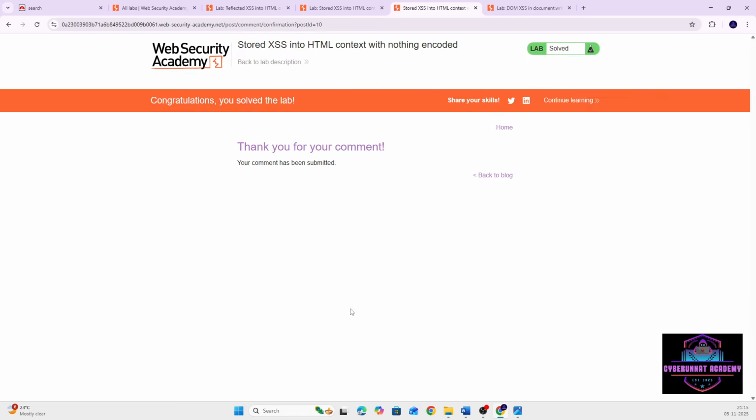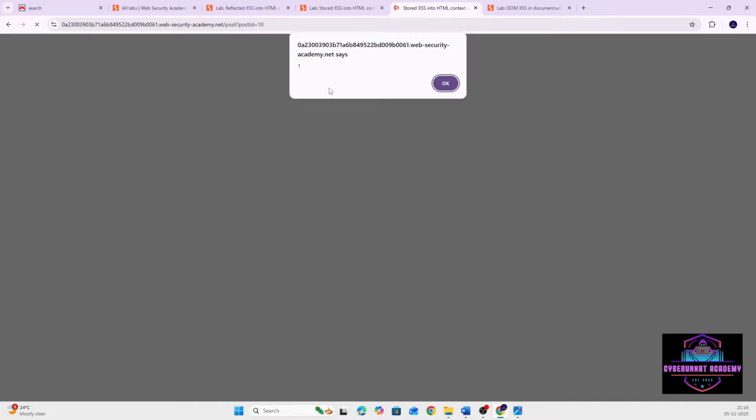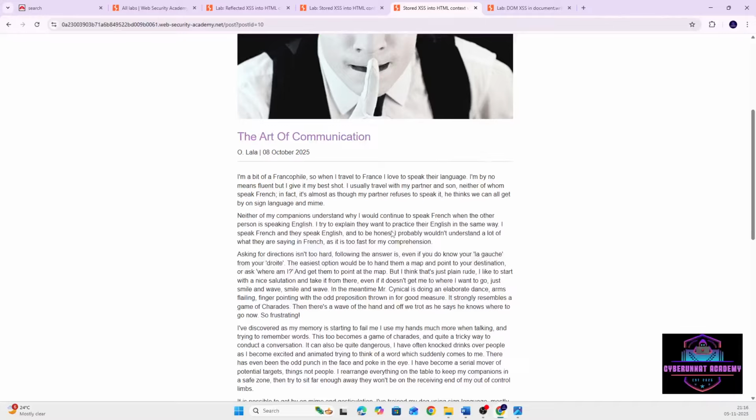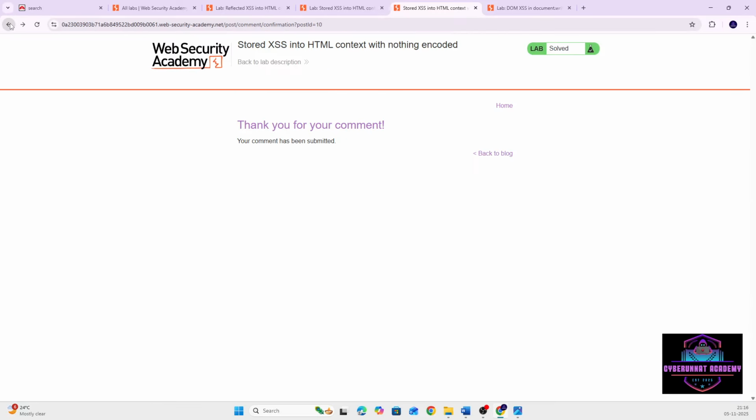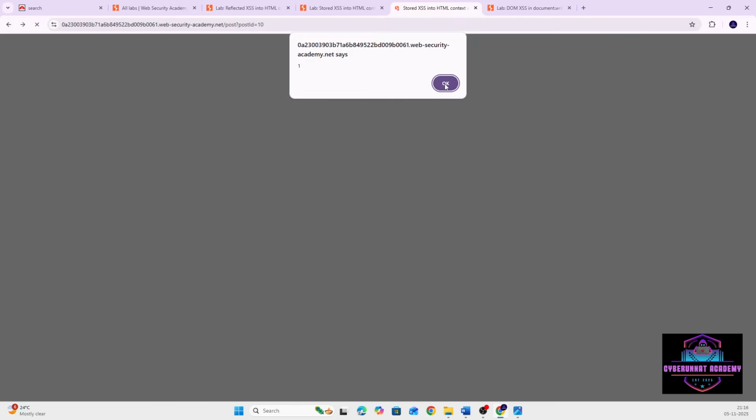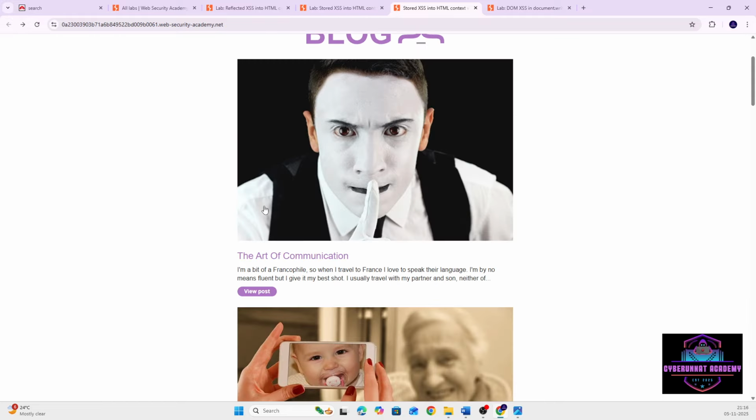So that was the previous page, that blog page. This is a feedback page. We come to the second page. Now our code is stored. So we are going back to that blog. Now every time other users visit this blog, our code will execute. You can see this comment by ABC. Basically, in the comment we entered a code. So every time we go to that blog page,